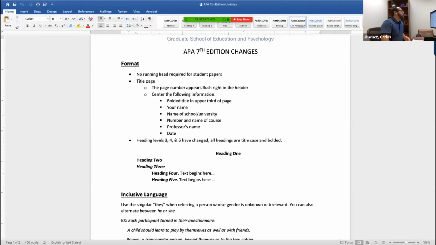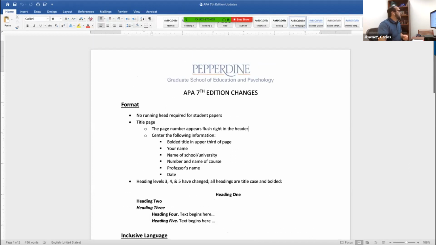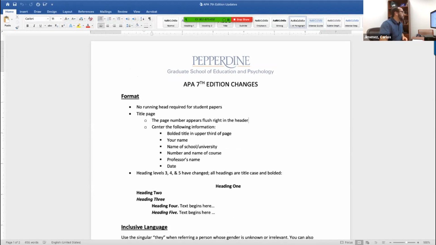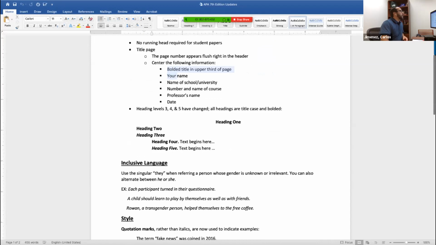And on the title page, most of the same elements. You're always going to have the page number in the upper right corner in the header. So you can click in the header area, which is at the top of the document, and insert the page number there. And on the actual title page, it wants the bolded title now at the top of the page. So you're going to center your title, you're going to make it bold, and you'll notice,